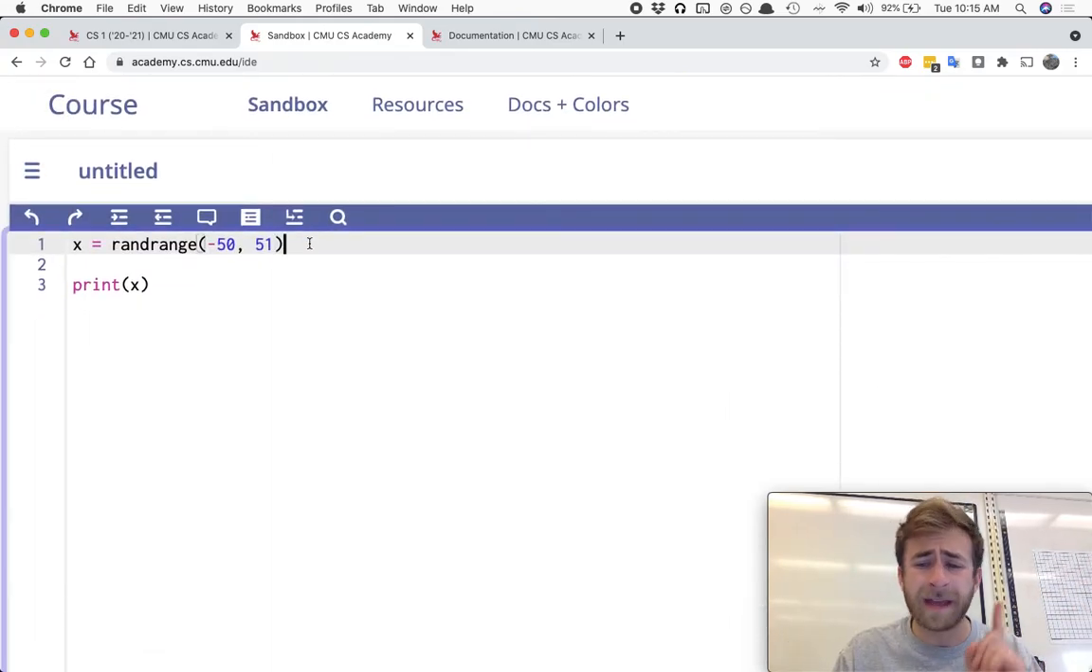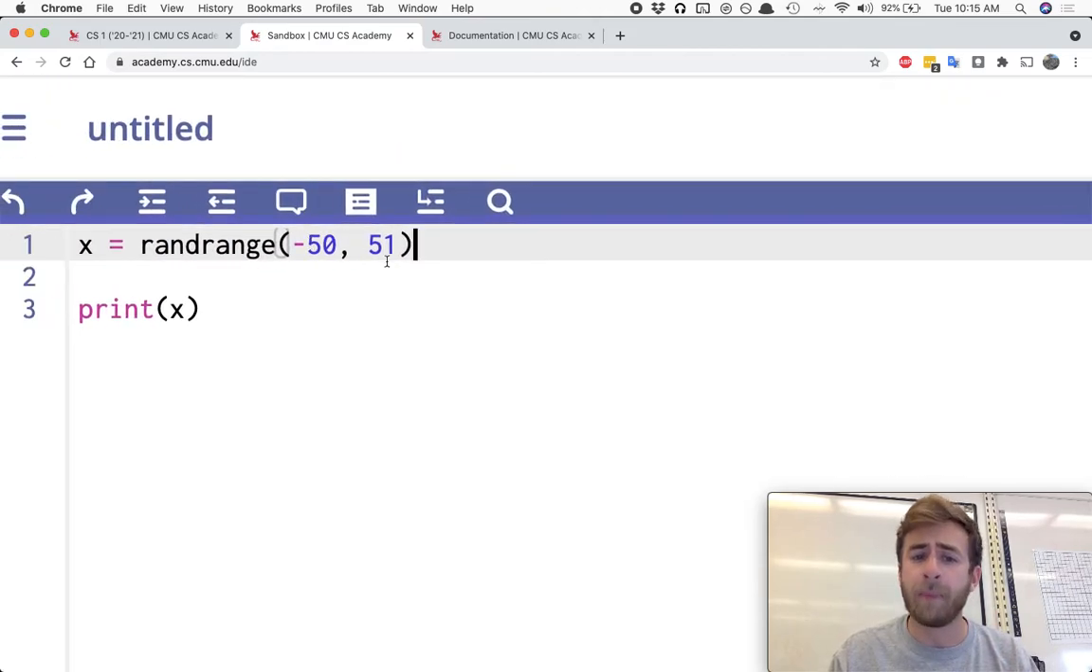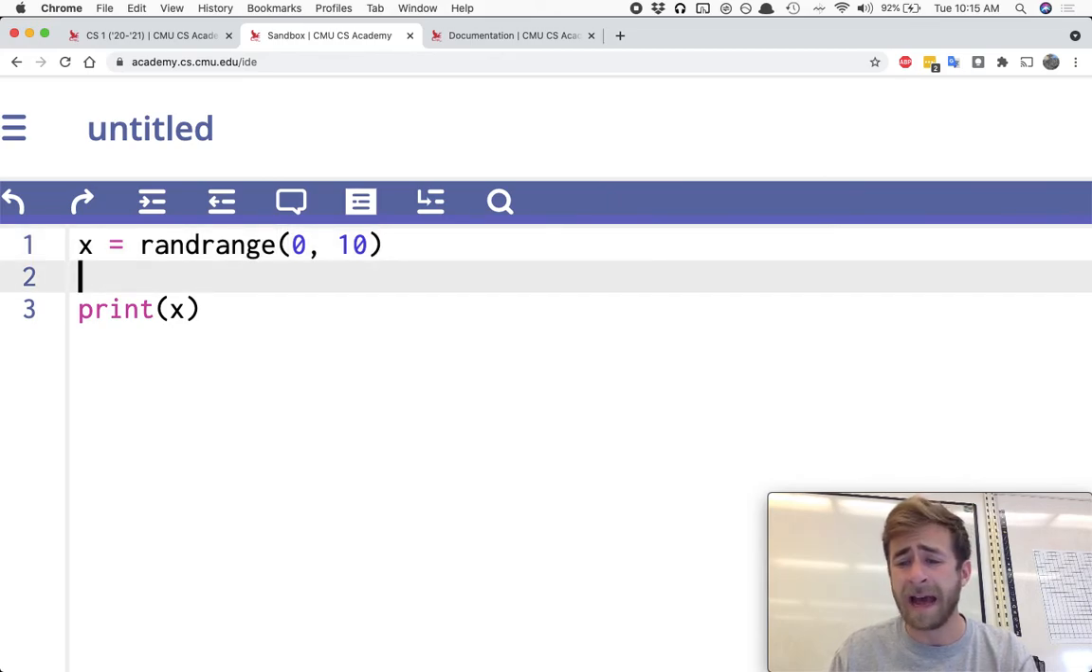I don't think they have this next one in the lesson, but I do want to point it out as just kind of a neat thing to do. So let's say I wanted to go again between 0 and 10, not including the 10, but I wanted to have decimal numbers also. Well,